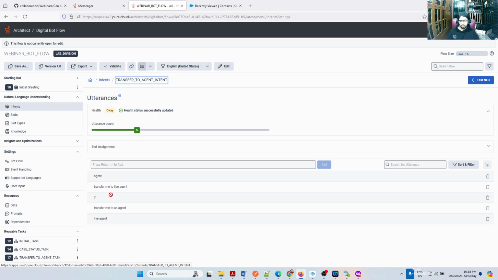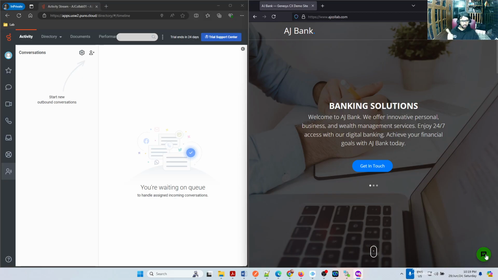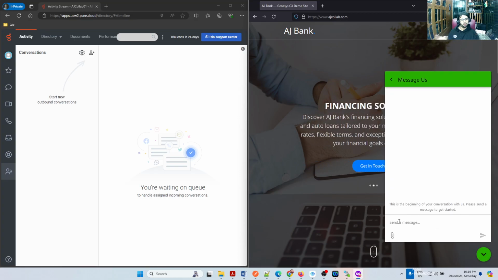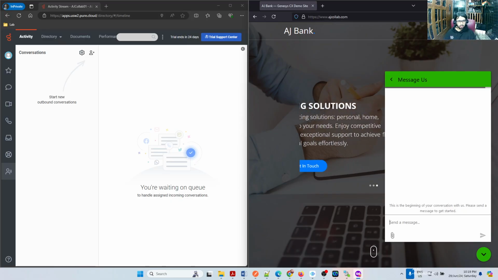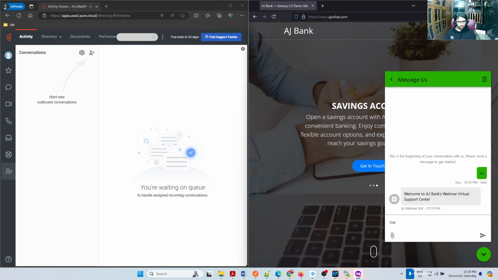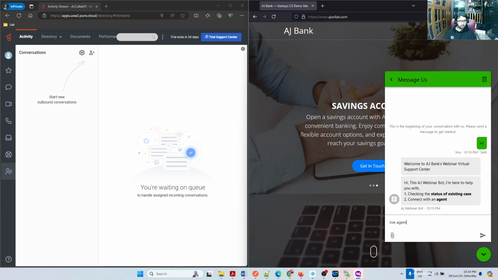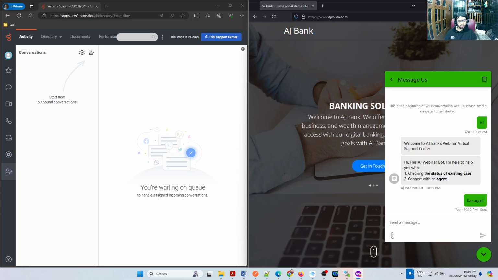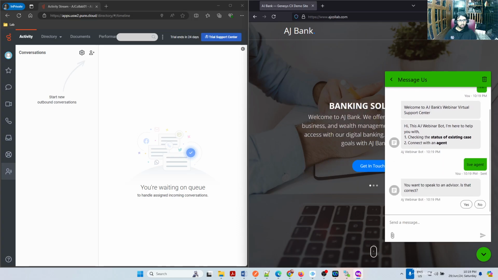Okay, but it is getting confused. So let's try live agent. I'll tell you why it is getting confused. There is an exception handling thing, which I will cover, but for the time being, let us test the flow with live agent. I'm going to input live agent or the digit 2. Okay, I don't want to test with 2, I need to test with live agent. Hi, and live agent. So they are saying if you want a live agent, transfer to live agent. Do you want to speak to an advisor? Why for me is it getting this way?